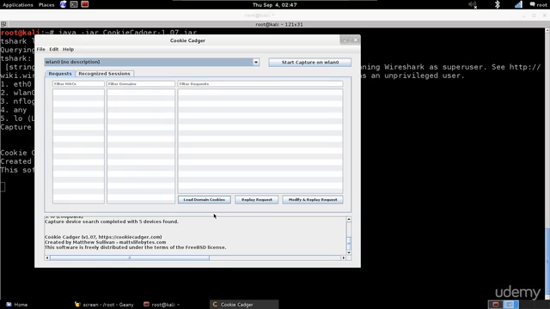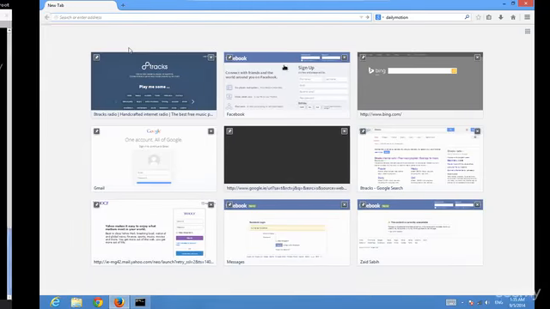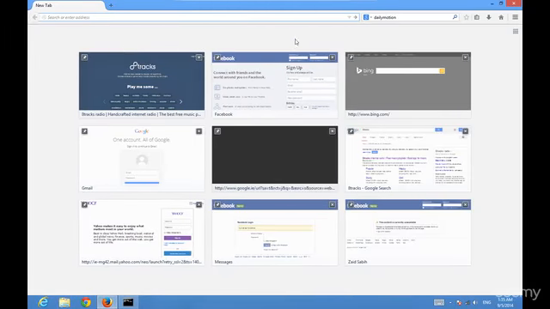and that's Cookie Cadger running. This tool is going to sniff the cookies and inject them into the browser. So we have wlan0 now, we have it selected. I'm just gonna start capturing on it, and I'm gonna go to my target device, and I'm gonna go to